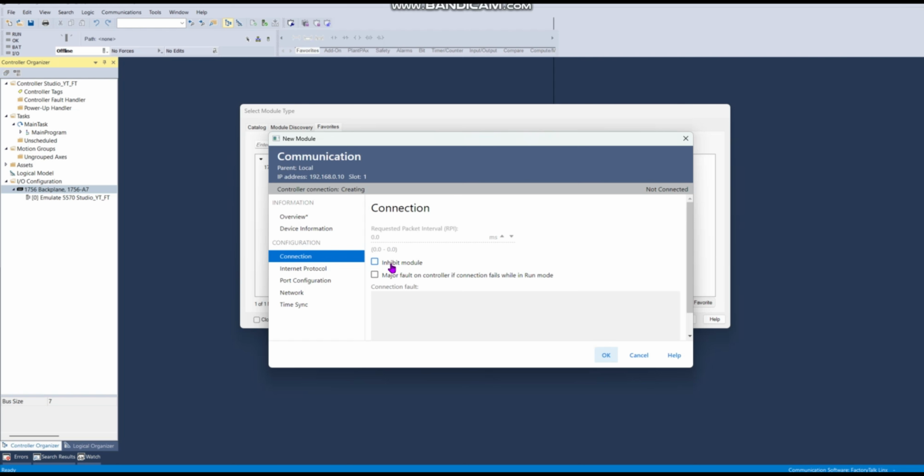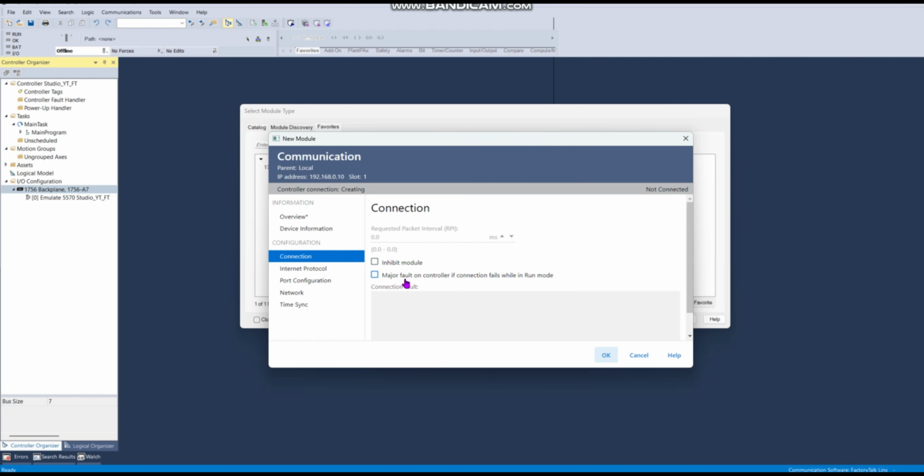Inhibit means you can inhibit your particular hardware if this hardware is not physically connected. You added it in your software, but you need to inhibit it until you get the hardware and install it. For example, you want to program and download this program to an actual PLC and you want to use a communication card, but you don't have one. You can click on inhibit. After that, whenever the PLC comes, you can deselect the inhibit option and use it. Again you can see